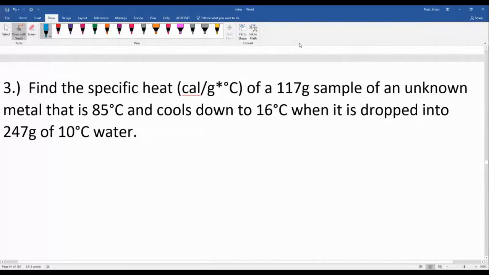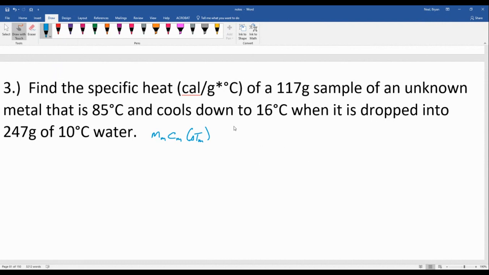All right, so in the next one, and also the one after, we will have what is the longest single formula in the entire course. And what happens is we take one of the MC delta T formulas that we used in question 2, and we set it equal to another one. So the mass of the metal multiplied by the specific heat of the metal multiplied by the change in temperature of the metal